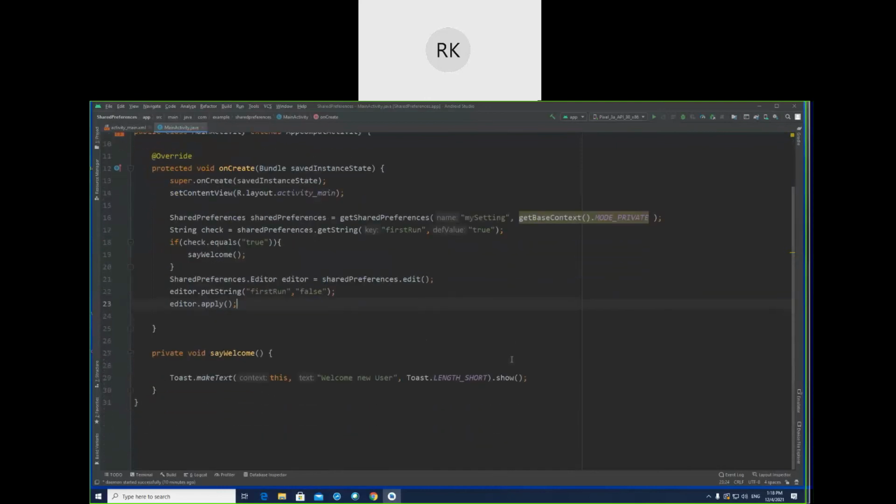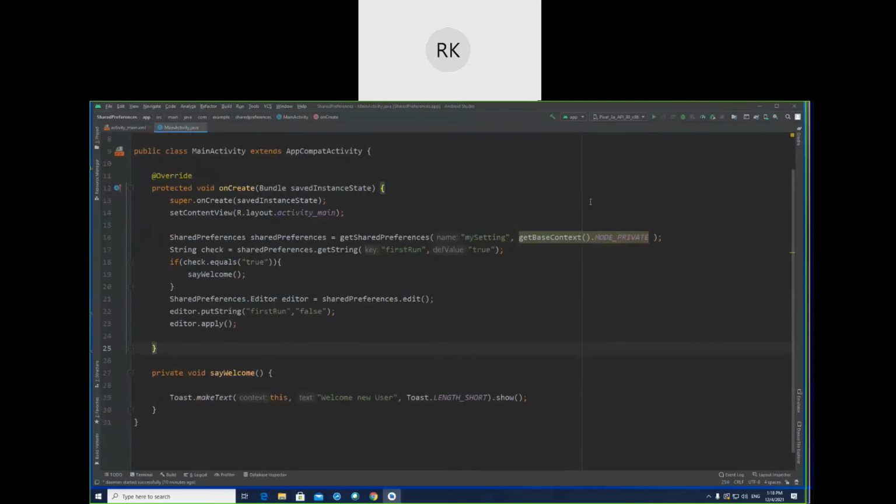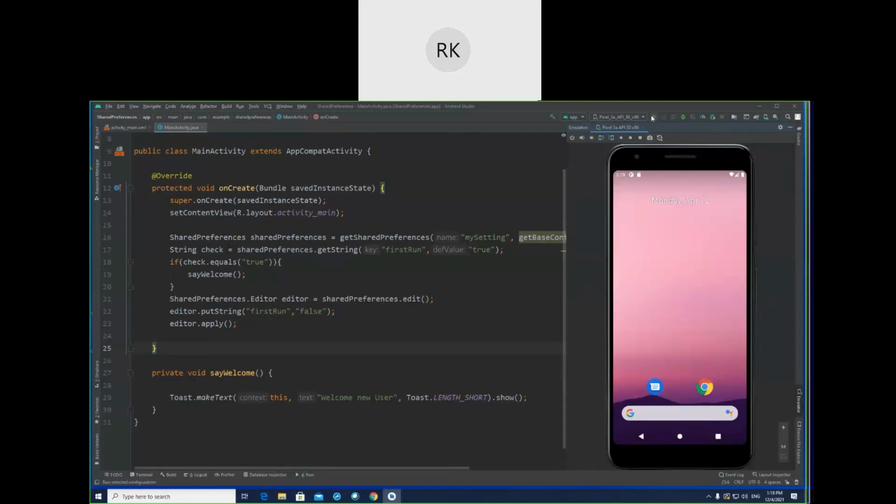So let's see how it works. Welcome new user. If I run again, I think I should change this one to length long, not too short.